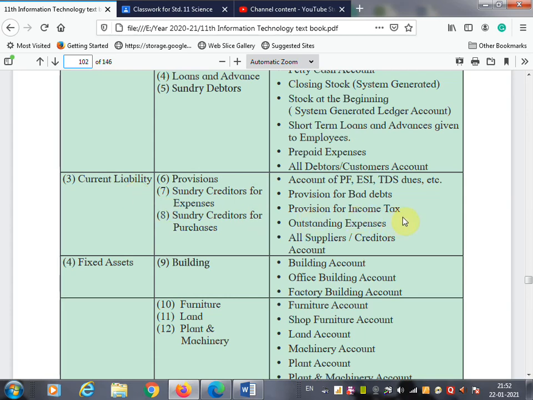Provision for income tax will go under the subgroup sundry creditor for purchases and main group current liability. Outstanding expenses will also go under current liability, and all suppliers or creditors accounts will go under current liability.